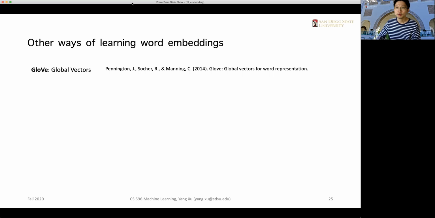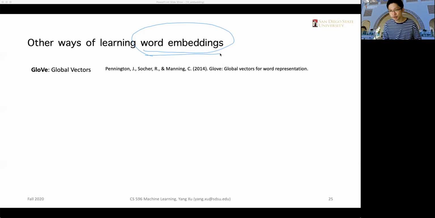All right, we are basically done with word-to-vec as an example to show how word embeddings are learned, but that is not the only way to learn word embeddings. The term word embeddings is a more general term which refers to the technique of using distributed representations to encode the meanings of words. And word-to-vec is not the only way. A very famous example is global vectors, which is a different method than word-to-vec, but also learns very expressive word vectors